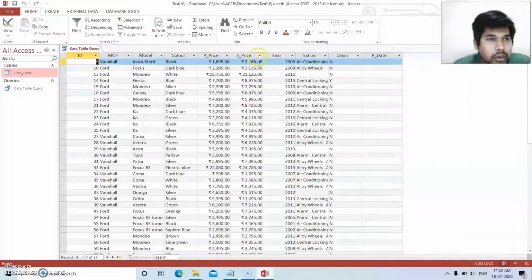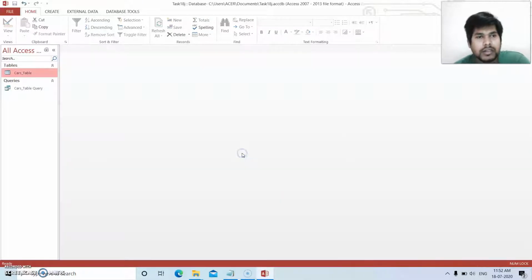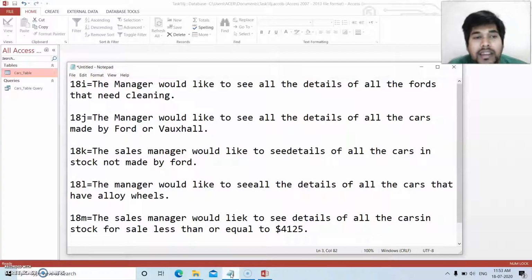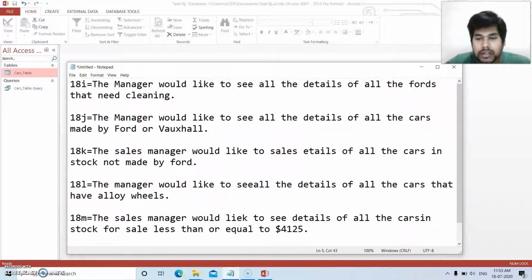Clear? Now close this. Click on yes. Now the next query we will see, 18K. The sales manager would like to see the sales details of all the cars in stock not made by Ford.